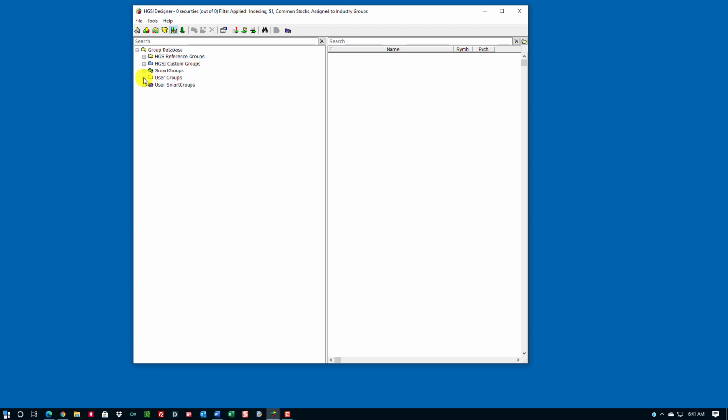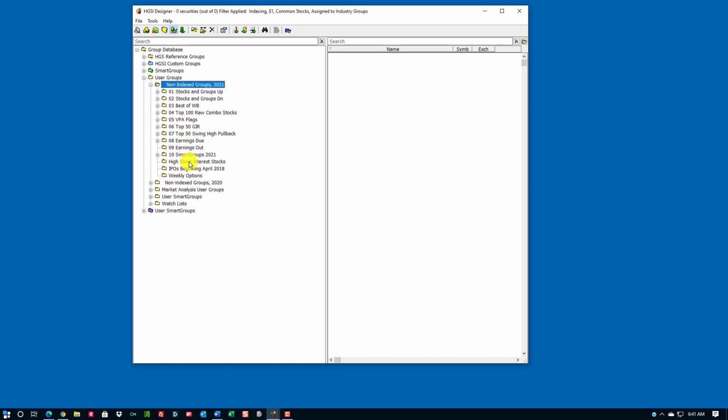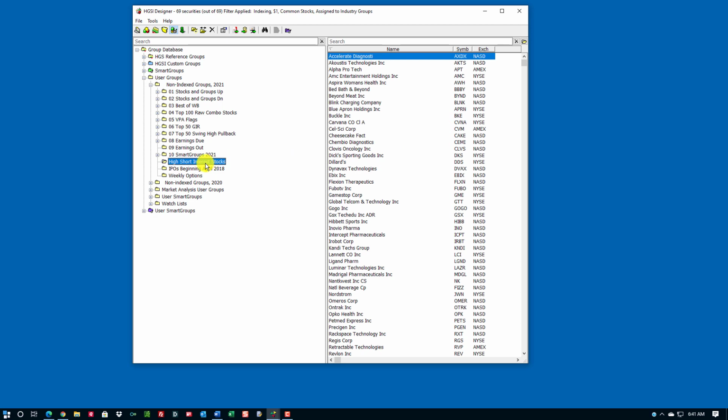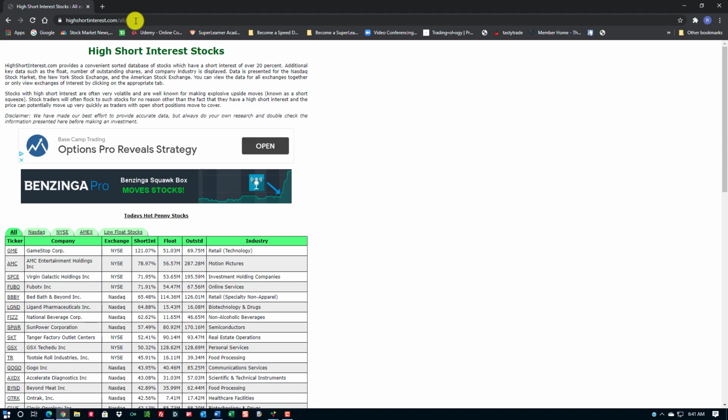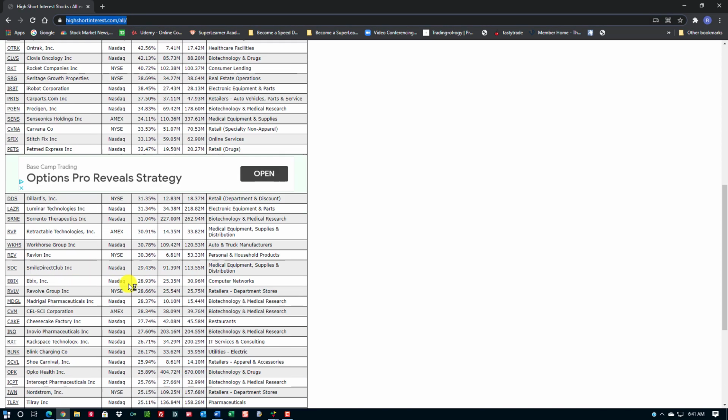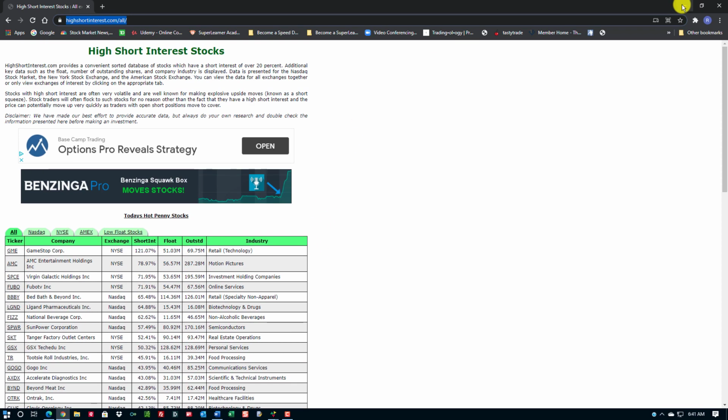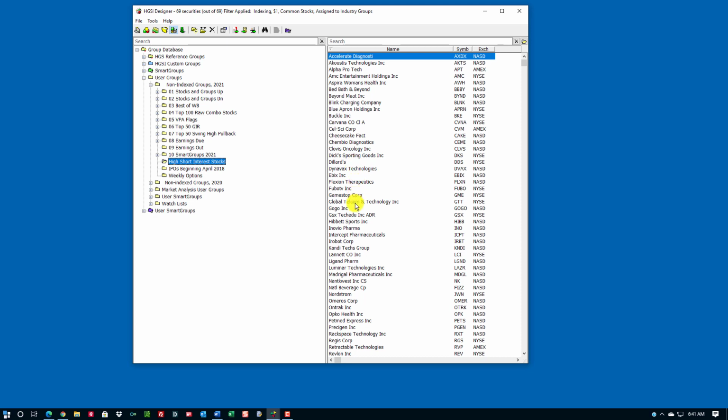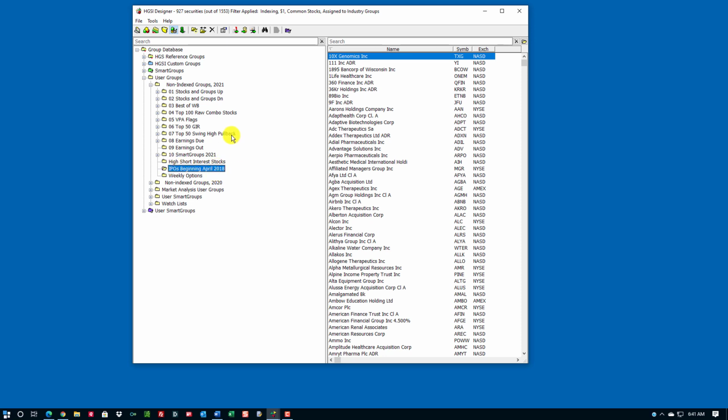These are my user smart groups. User groups, I want to point out a few things here. In the 2021 non-index groups, there's so much interest in high short interest because of the GameStop stock. I put the high short interest stocks in here. These are not updated every day. The last update was the 29th. I assume they update them every week, but I'm not sure. If you want to do it yourself and check on it, just go to highshortinterest.com, and there are 70 stocks here that belong in that. I've got 69 in here. One of the symbols evidently was not in HGSI, but if you want these stocks with the high short interest, there it is. I've been doing this a long time. IPOs beginning in 2018. It goes back quite a ways,